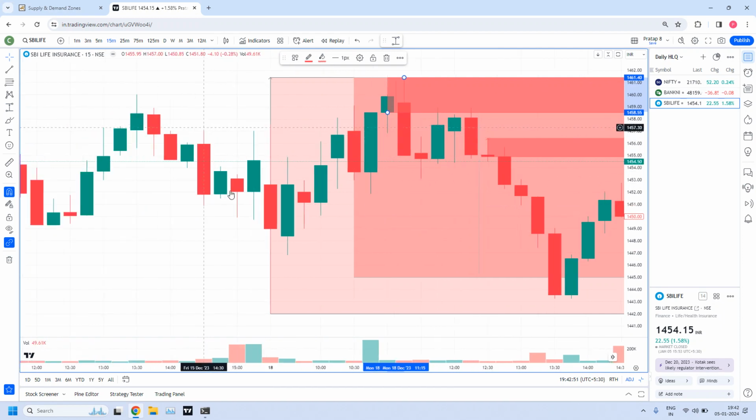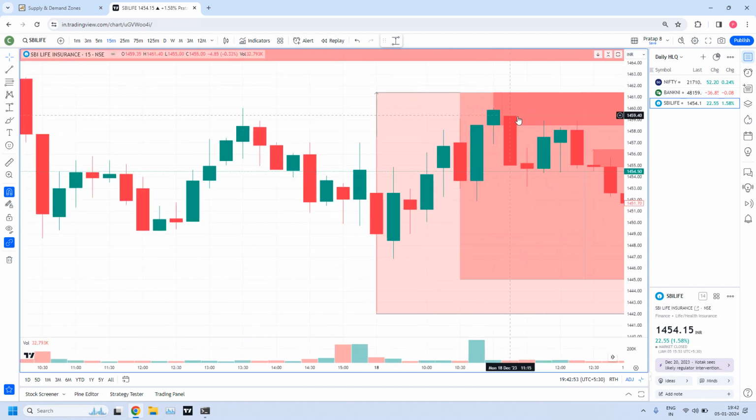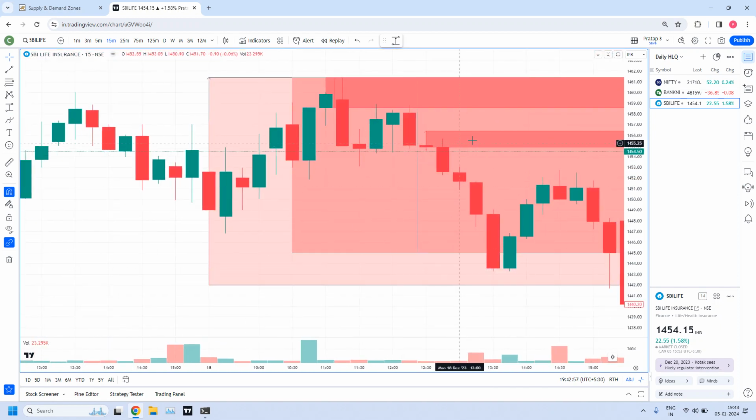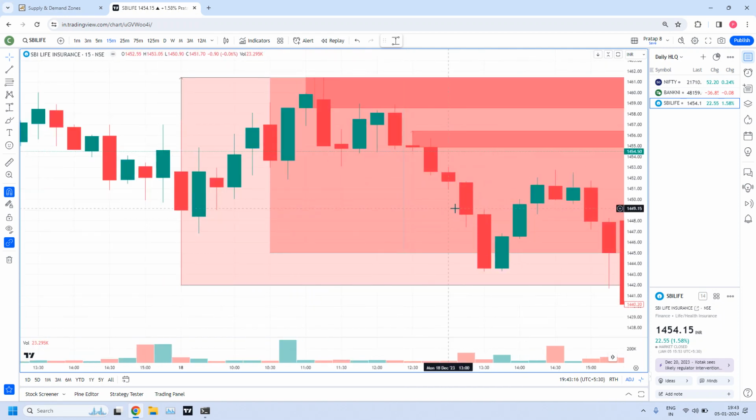Then you may ask a question. If already there is a zone, why didn't we plan a trade? If this supply zone fails, there is another chance, another supply zone which is above. We get an opportunity. Probably the pending orders in that zone will be a successful trade most of the times. But why didn't I plan the trade? The reason is